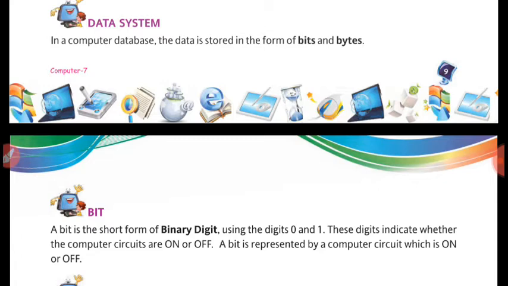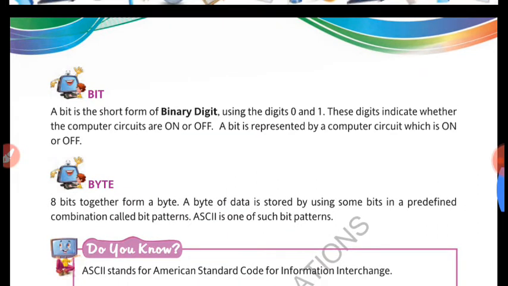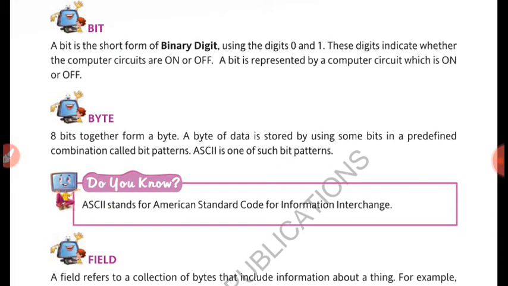So the smallest unit to store a data in our computer system refers to a bit, or this bit is a short form of binary digit, right? If I say bit, it means either 0 or 1. As you know, there is an electrical switch, and there are only two options, either on or off. In the same case, in computer there is 0 and 1. So this is the smallest unit of the data, remember.